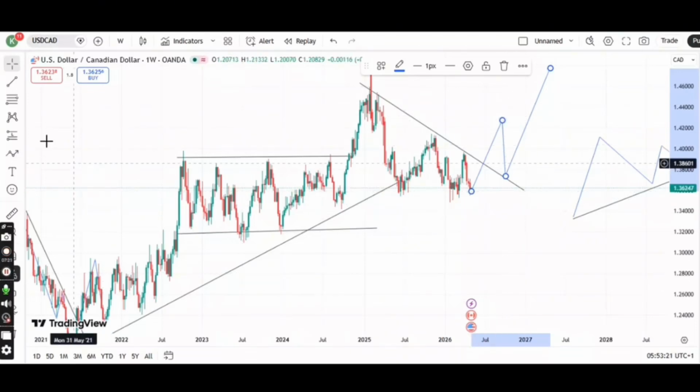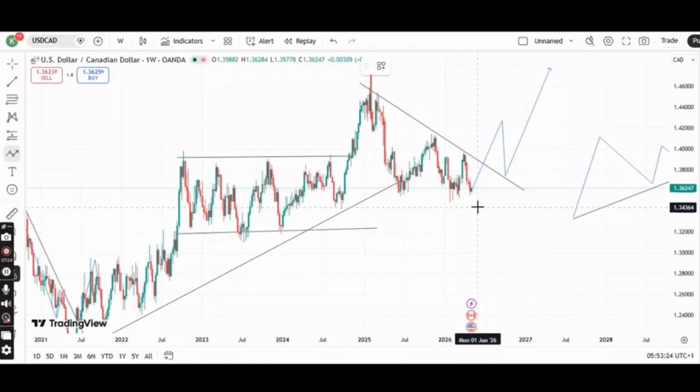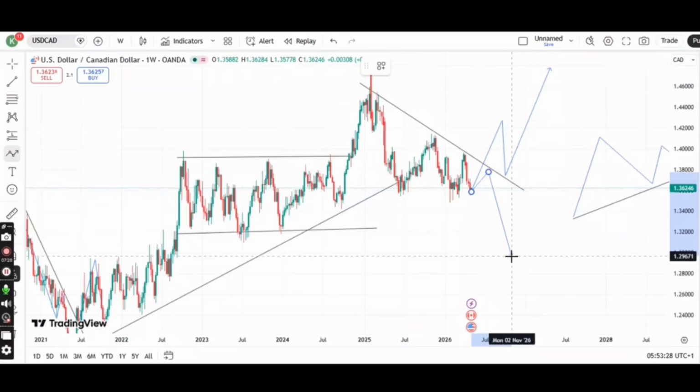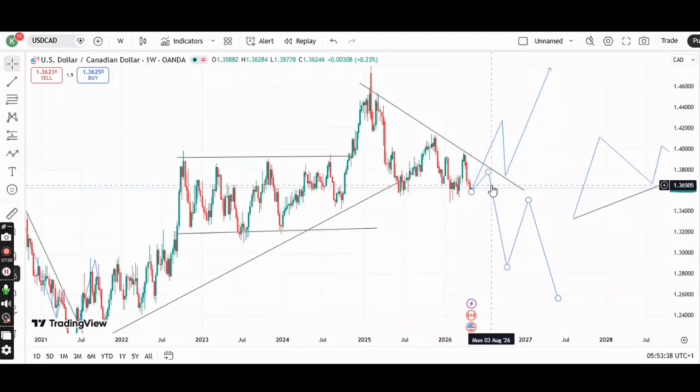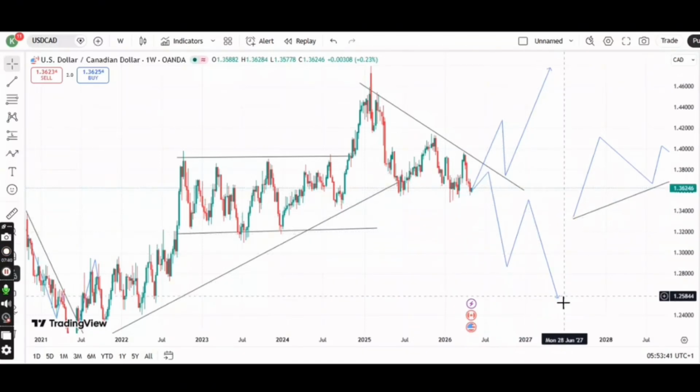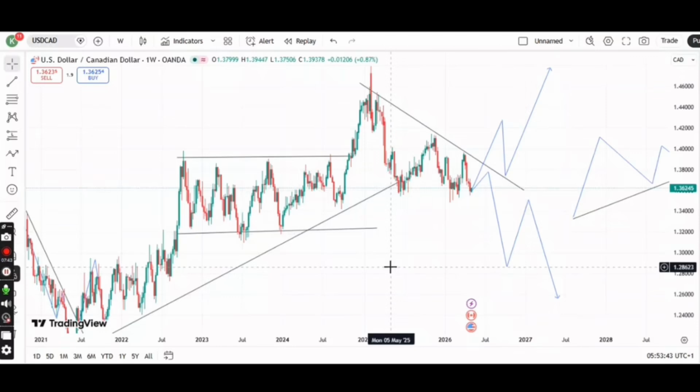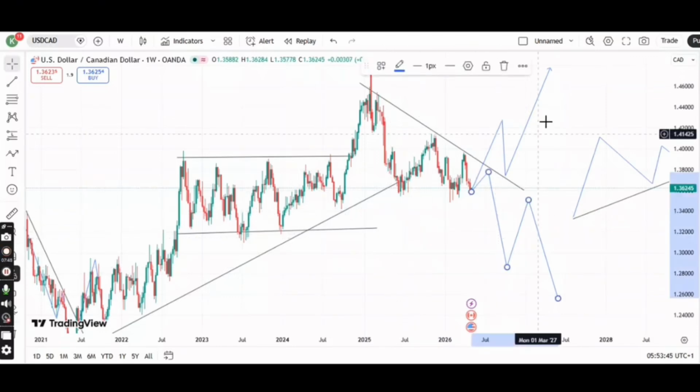But if the market does the opposite, if it does something like this and then goes this way, then it shows you that the market has already changed structure, and all you have to be looking for is a downward movement, a selling opportunity. Okay, this is how to identify market structures. Okay, let me quickly delete this